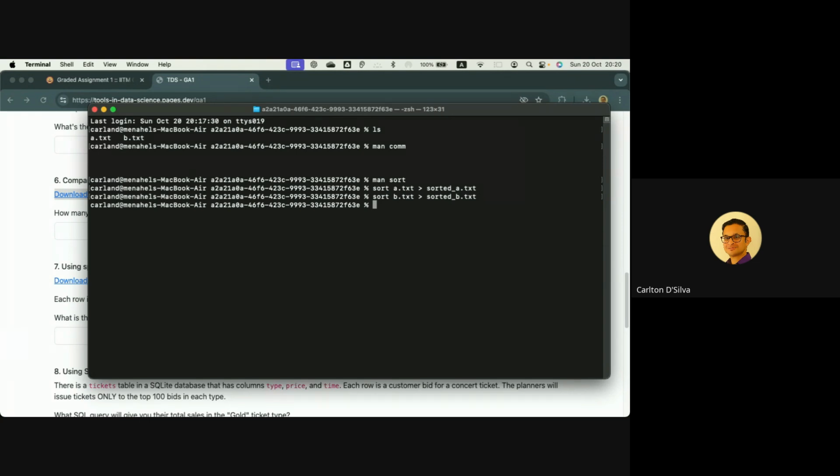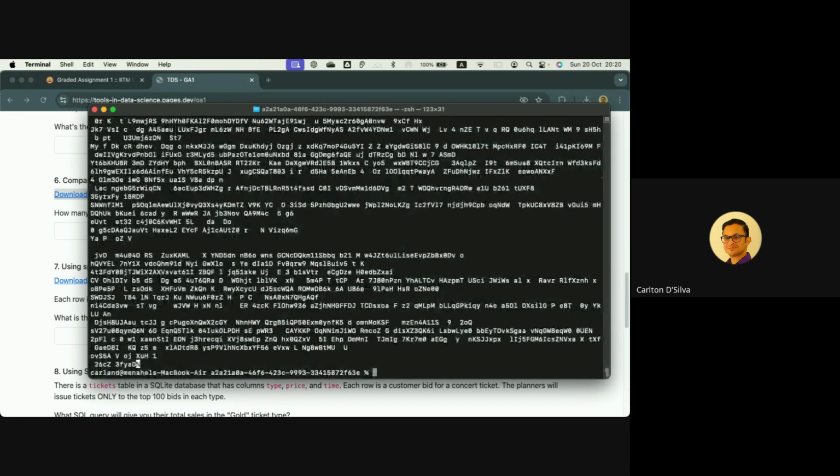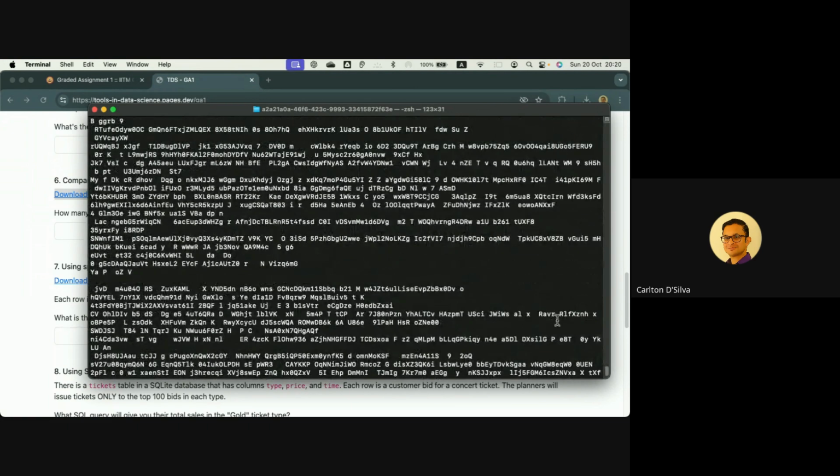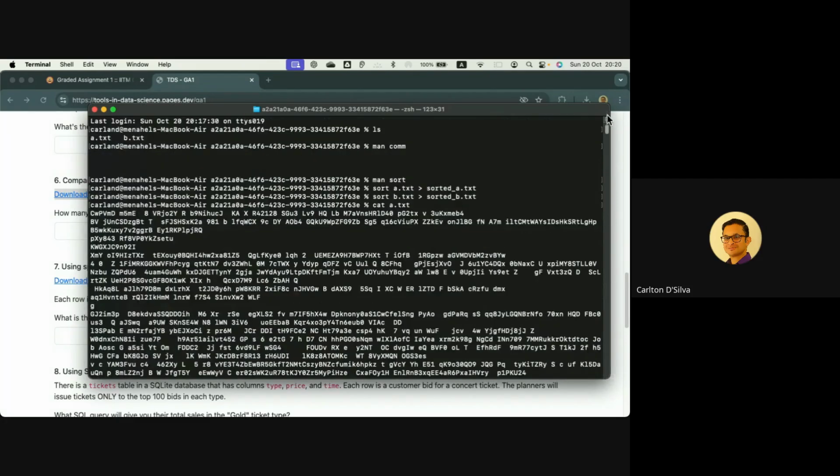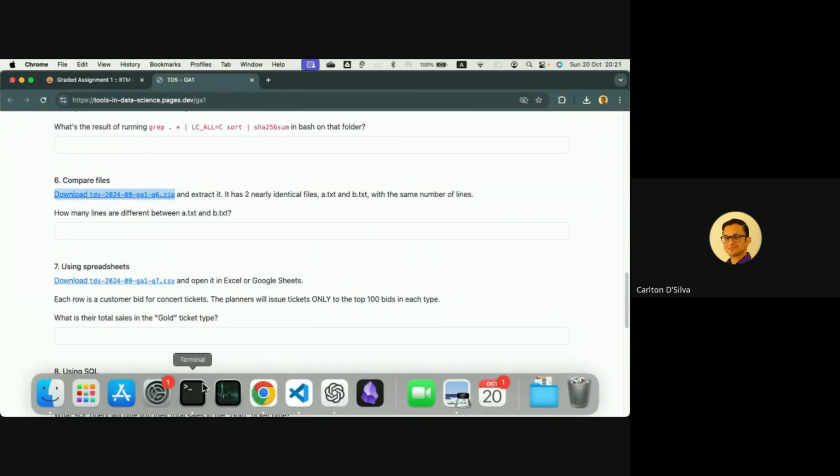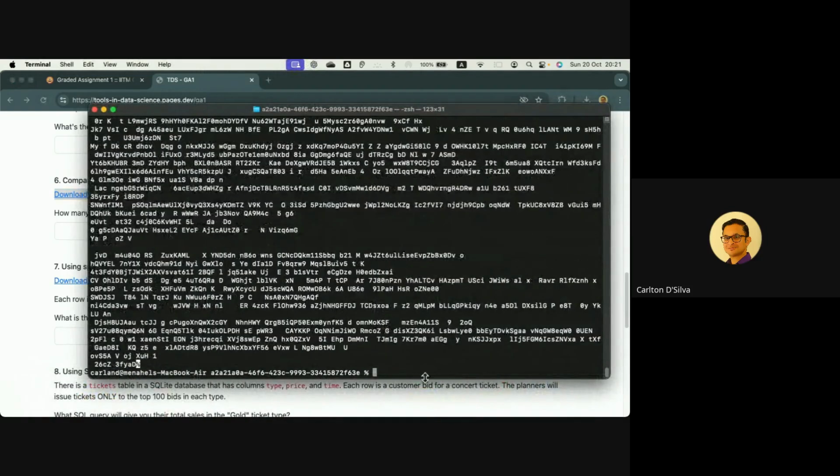Now, once they are sorted. Sorted means the lines will be sorted. If you look at a.txt, these lines are just random lines. If I look at the top here, it starts with a capital C, then some B, then some P, like that. What sorting does is sort it line-wise. So now if I look at the sorted file,